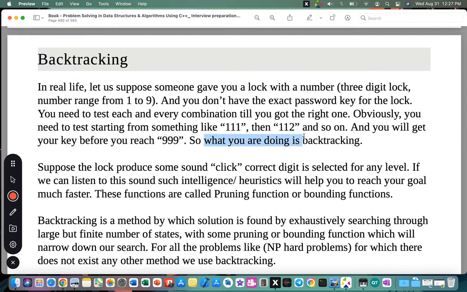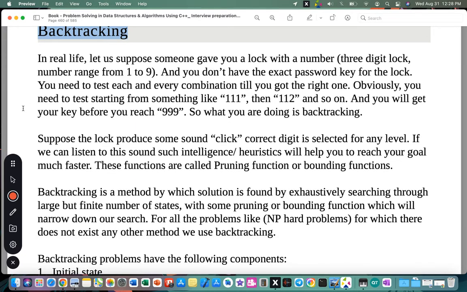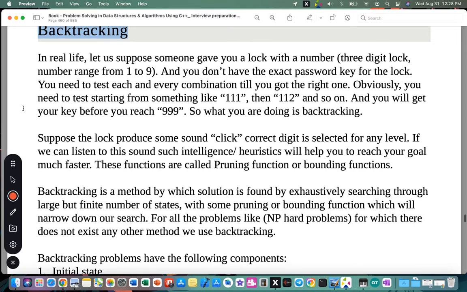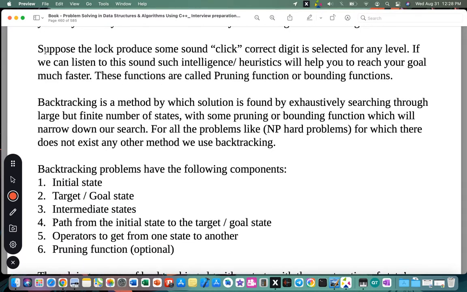So what you are doing is backtracking. This is what is meant by backtracking. You test every single possibility. If it's 3 digits, then you start from all ones and you change one at a time until you cover all the possibilities. Suppose the lock produces some sound or a click